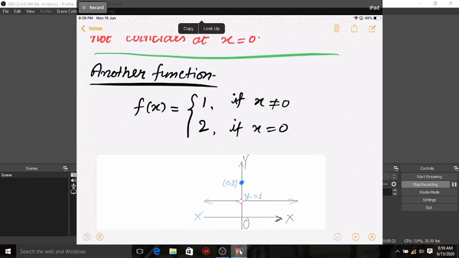You can see if x is negative, means it is not equal to 0, or x is positive, if it is greater than 0, then its value is 1, but when x is exactly equal to 0 then its value is 2. So the graph of this function,